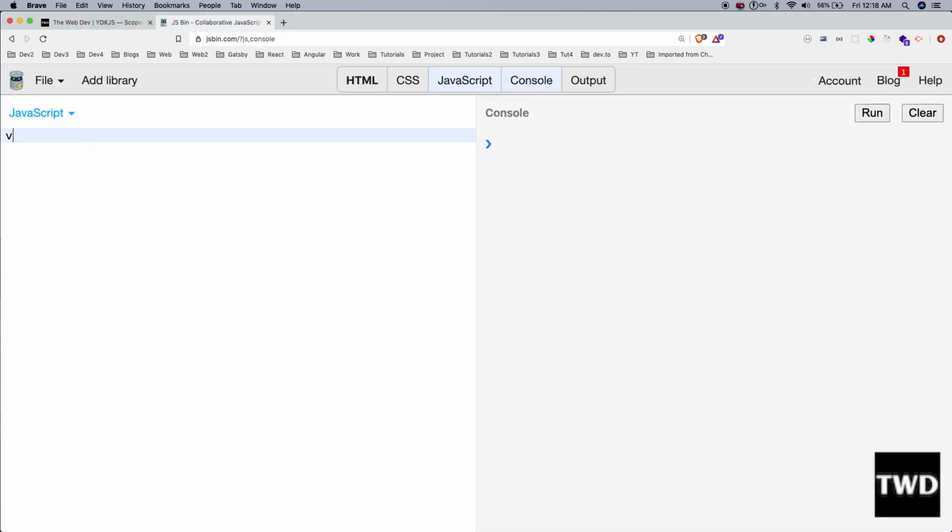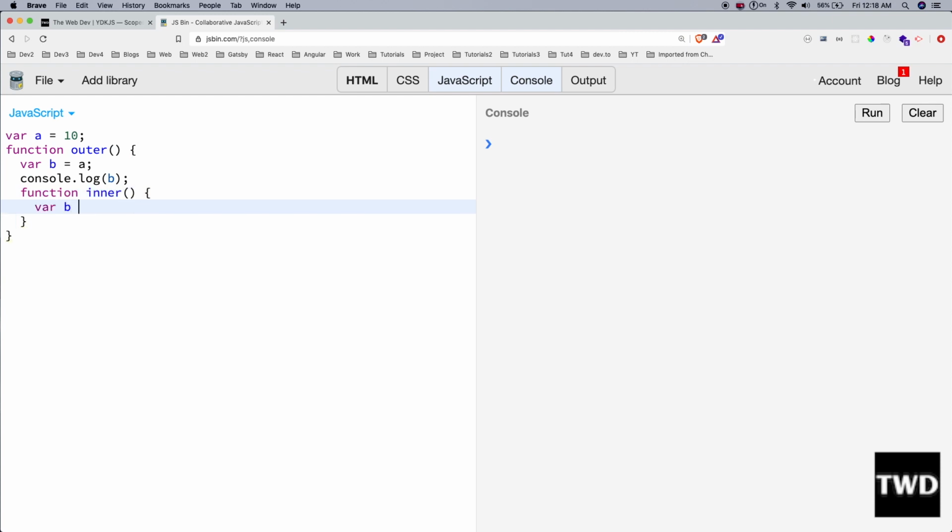Let me write var a equal to 10, function outer, var b equal to a, console.log b, function inner, var b equal to 20, var c equal to b, console.log of c.